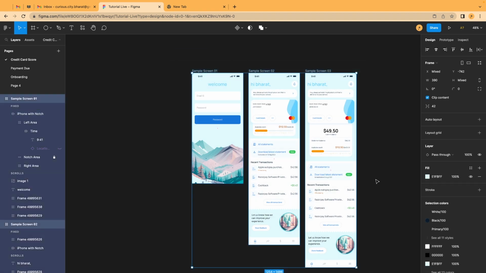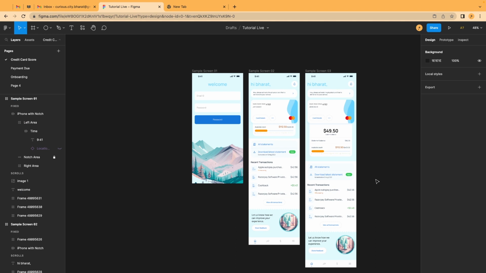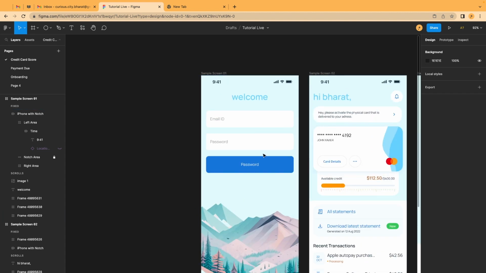Not just these designs, but in order to practice Figma, what you need to do is basically select any complex design, any good looking app that you have, let's say Instagram or Twitter or Pinterest or Google Maps, take screenshots and bring them to Figma and try to recreate those screens. That will give you a hang of the tool. Now let's try to recreate